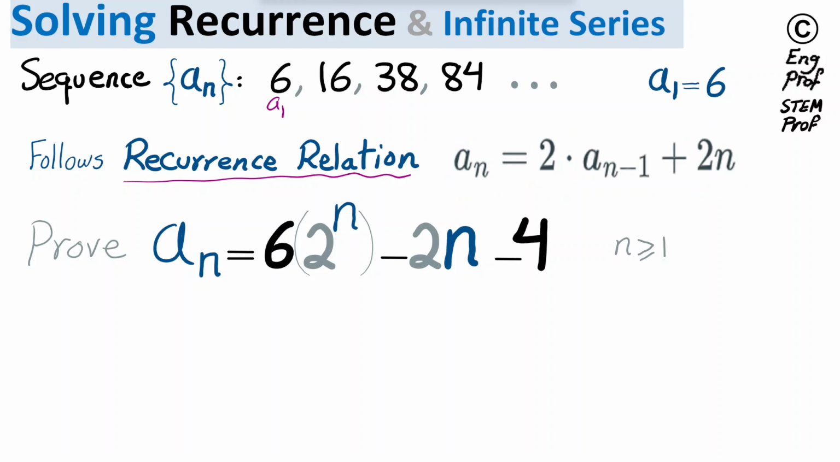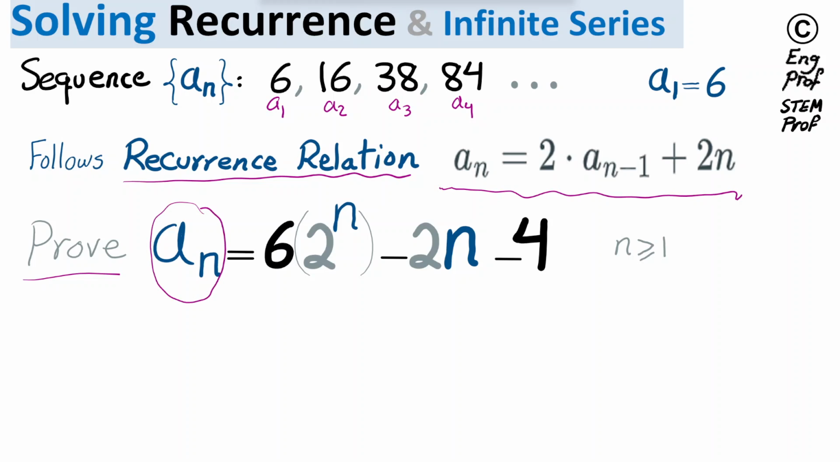If we use this formula recursively, we can find that a2 is 16, a3 is 38, and a4 is 84, and so on and so forth. But that's not the purpose. We are not trying to find the numerical values of these terms. What we want to find is we want to prove that it's possible to use this recurrence relation and figure